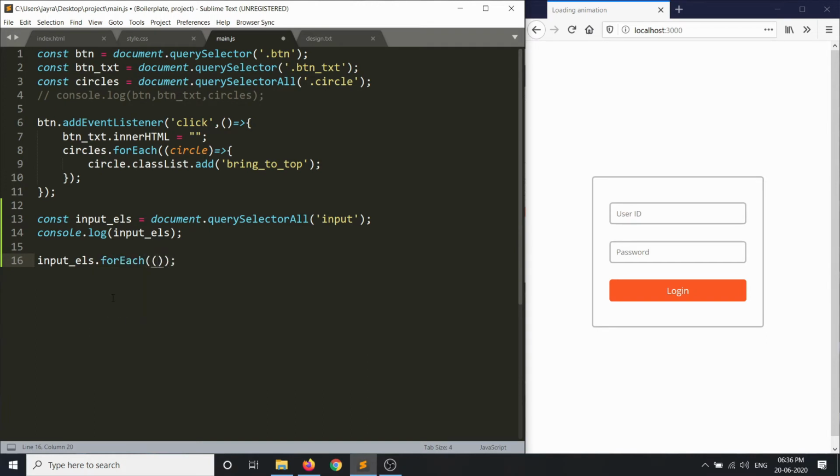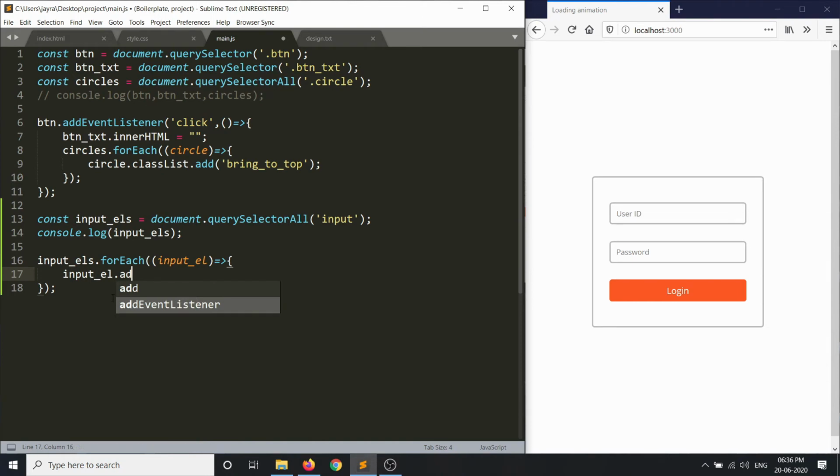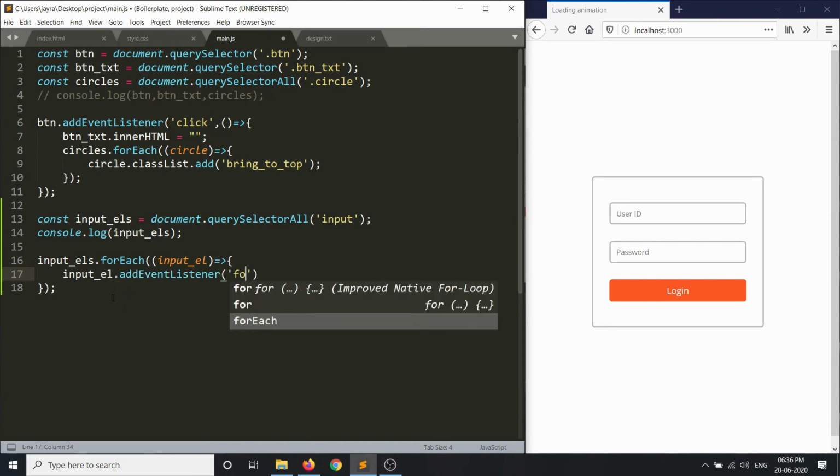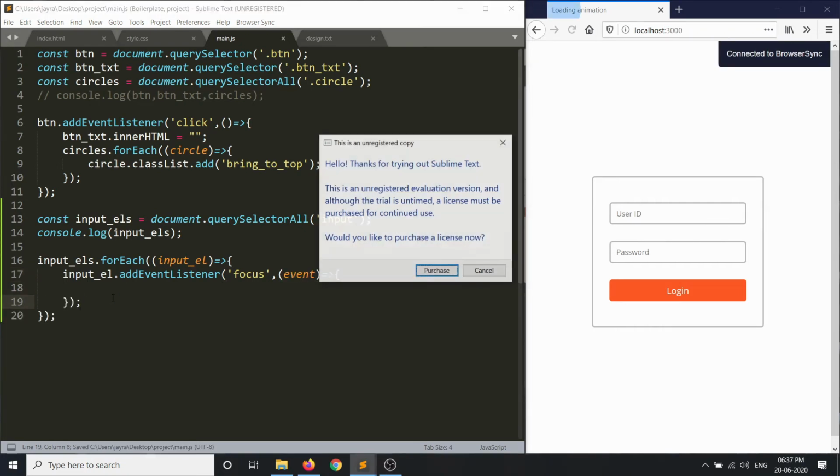In the parenthesis, we'll define a variable which will contain individual elements, and for that individual element we want to add event listener. So we'll do inputElement.addEventListener, and the event listener will be the type focus, comma, and whenever the event happens, on that event we want to do certain action.